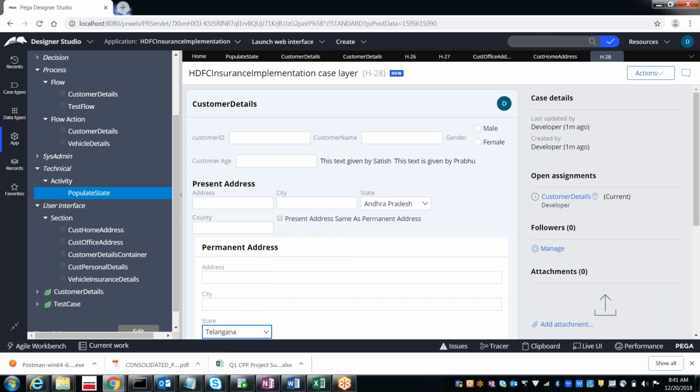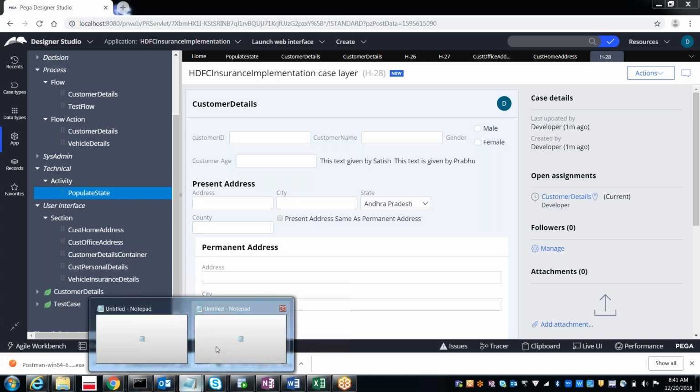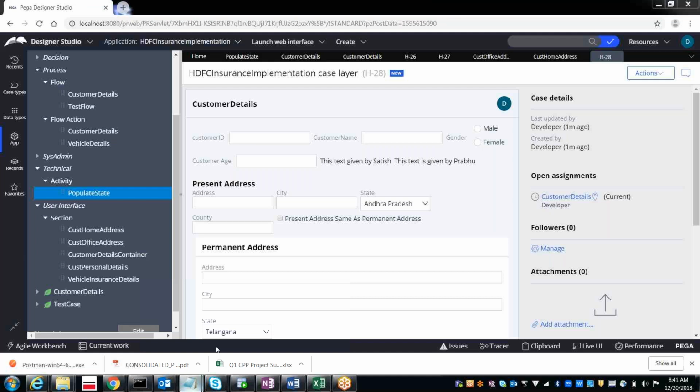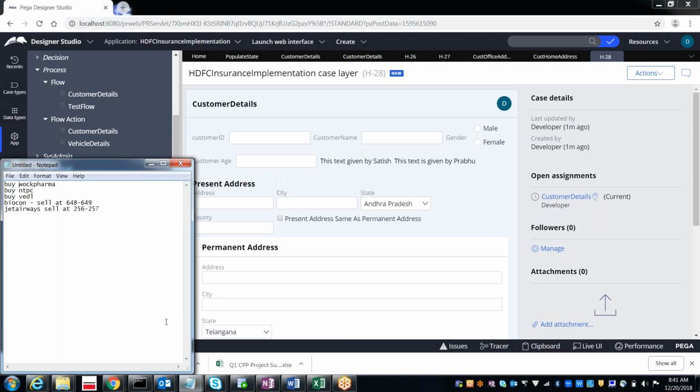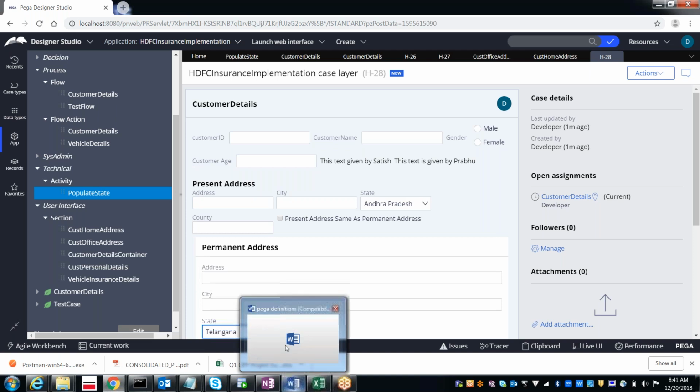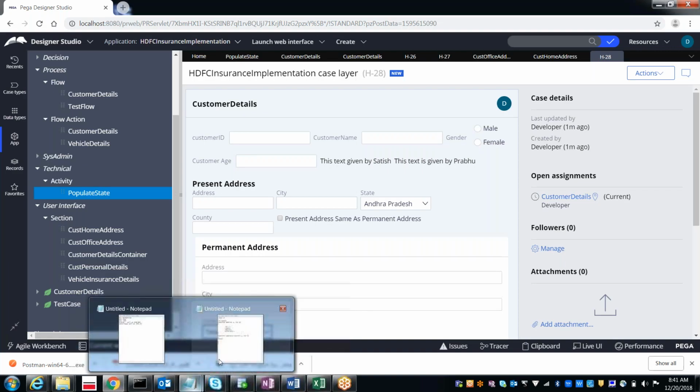So the next thing, as we said, there are various methods available in Pega by which we can implement our functionality. In that I mentioned a few of them, like obj open, obj save, all those things, right?